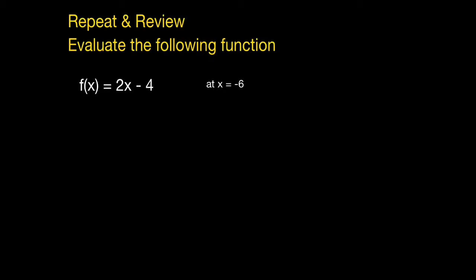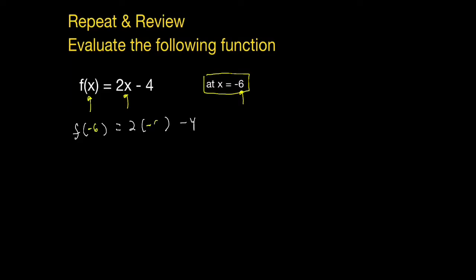So it says, evaluate the following function. So we have f of x equals 2x minus 4, and we're going to evaluate at the value of negative 6. So the game here is everywhere we see an x, we're going to replace it by that negative 6 here. So here we get f of, here let me use parentheses, f of negative 6